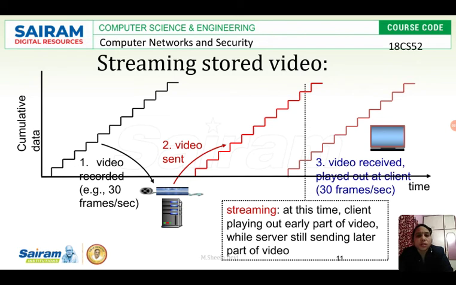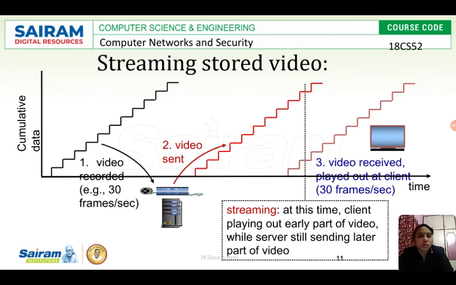The problem in this is the video consumption rate, the rate at which the client is watching the video, should be less than the video sending rate from the server. To give good quality video display, we should ensure two things.